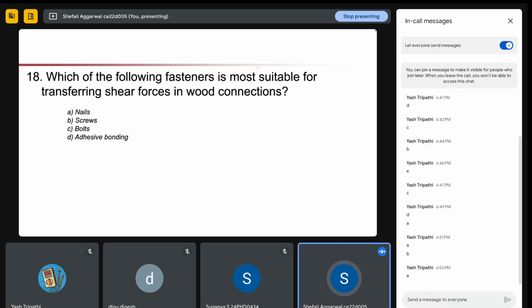A, nails. Okay, so mostly when we are talking about shear force, we cannot provide nails, we will provide